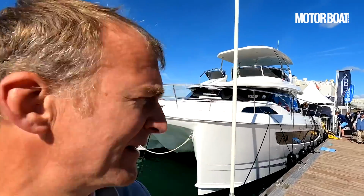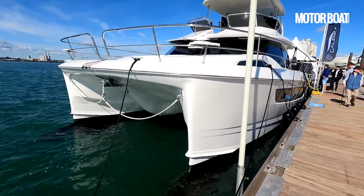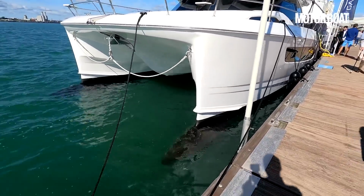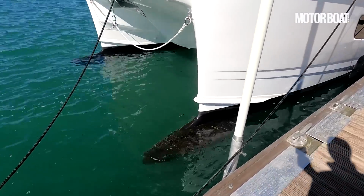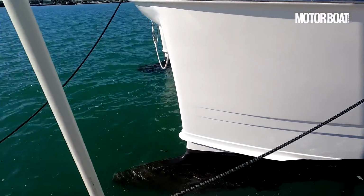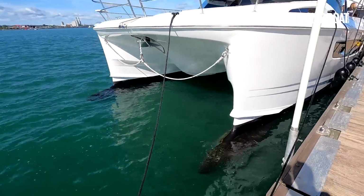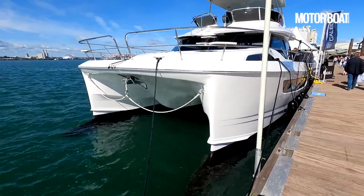Behind me here is the first appearance at a UK show of the new Aquila 44 power catamaran. So if you look behind here, you can see a number of interesting features. First up, it's actually got bow bulbs. You can see below the waterline here, the bulbs extend beyond the actual stem of the boat. And that's to give it greater wave cutting ability and a longer waterline length for more efficient cruising at displacement